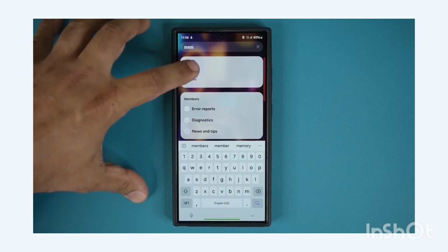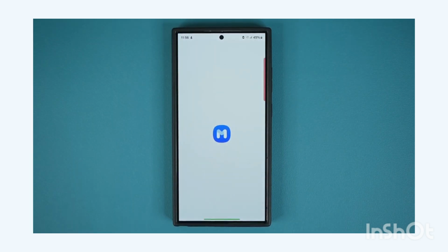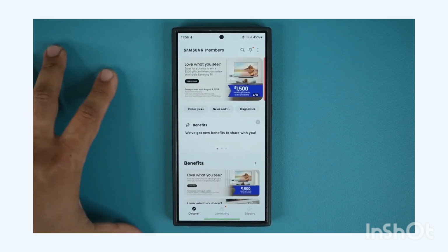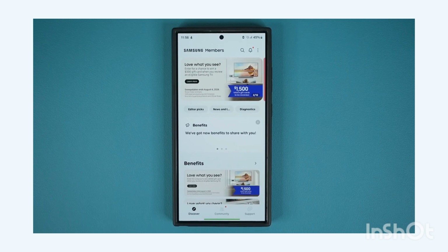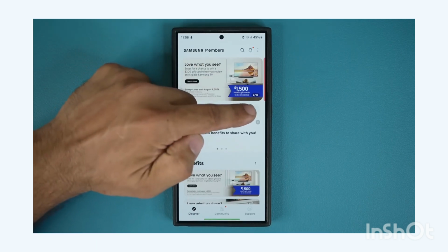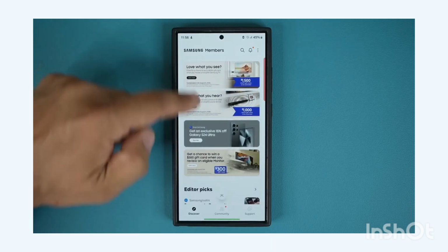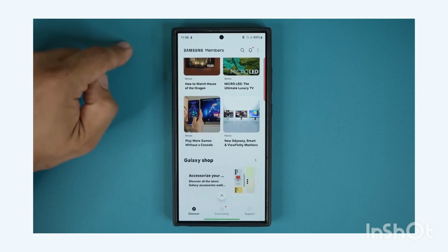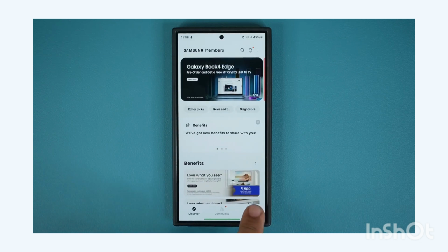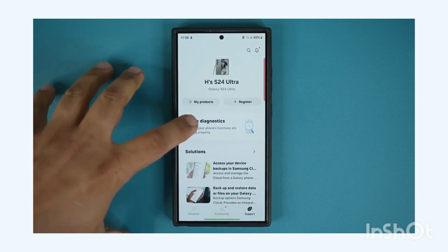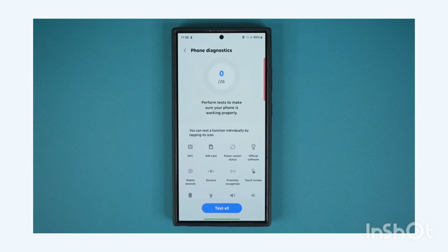So you go inside the Samsung Members application, and once you are logged in with your Samsung account, which is the same account that you use to log into your Samsung phone, there is an amazing little menu here. It's known as Diagnostics. In my case, it is right over here, but you might see it somewhere else. You can just scroll through to find it, but most of the time you would have to just go to Support, and it's going to show up right here as Phone Diagnostics. So when you tap on Phone Diagnostics, you can basically diagnose any problems